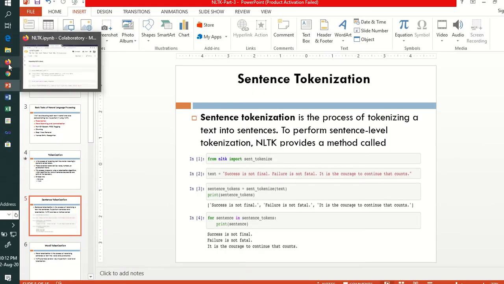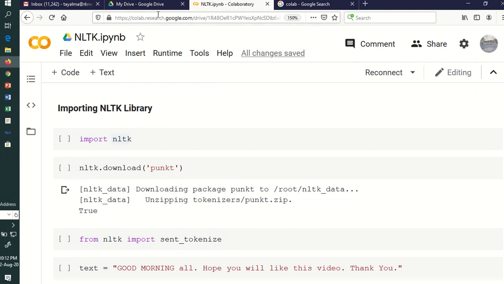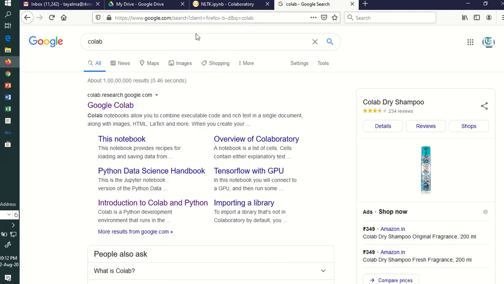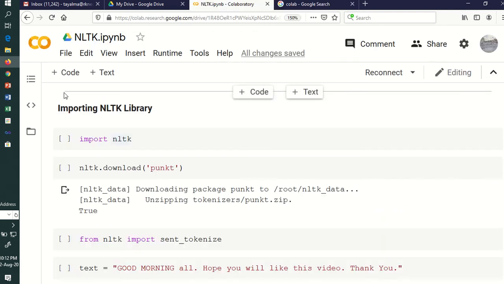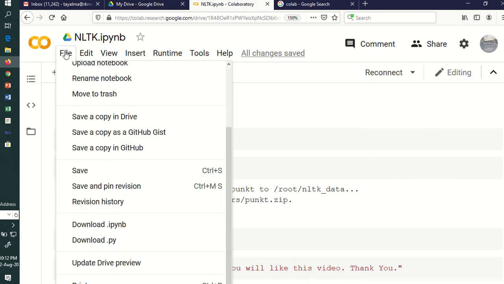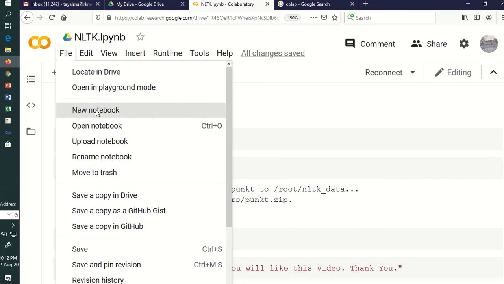So you go ahead with your browser. First you sign in to your Gmail account, and then directly from Google you can type Google Colab. We have seen this in a previous video also, how we can use it. Now you can open a new file just by clicking on the file menu and then going to new notebook.